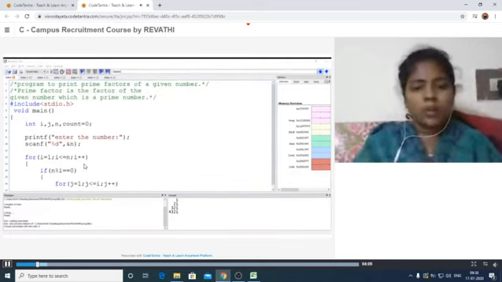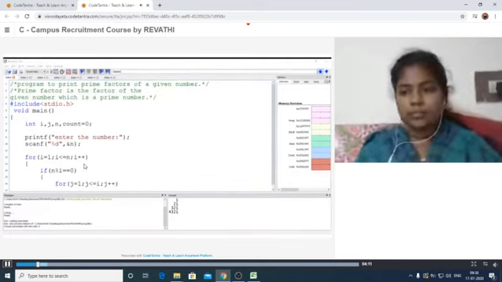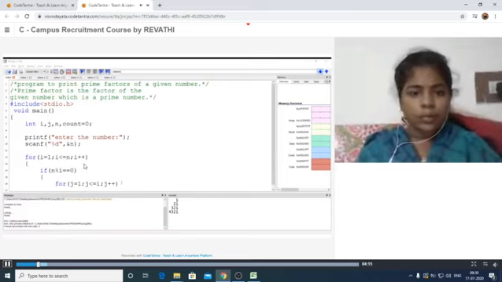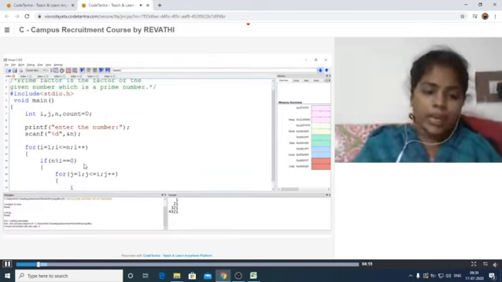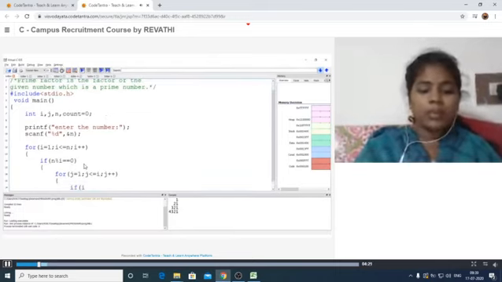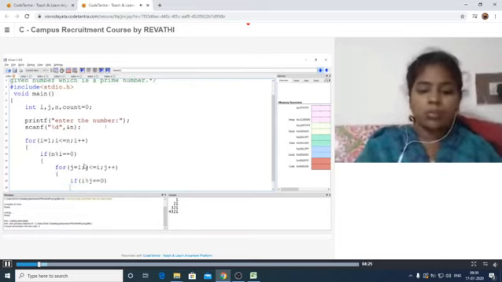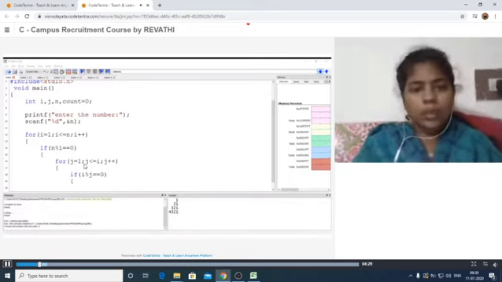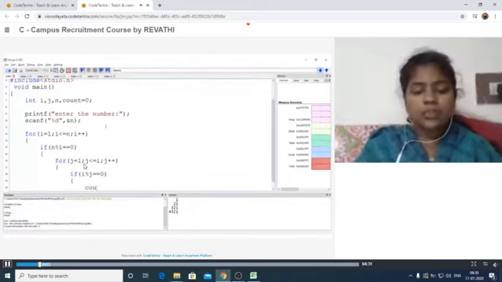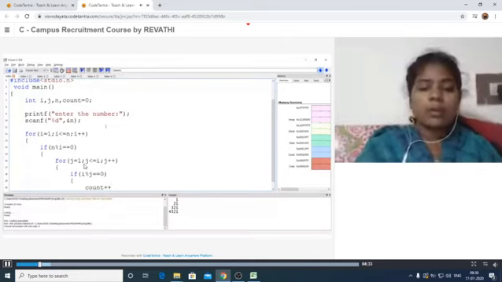Next, let us see what we have to do after this. We have to again check the condition: if i modulus j is equal to 0. Whenever this condition is true, then we increment the count value, count plus plus.